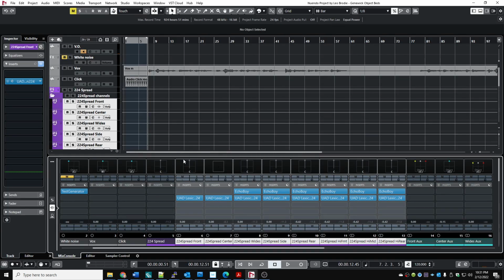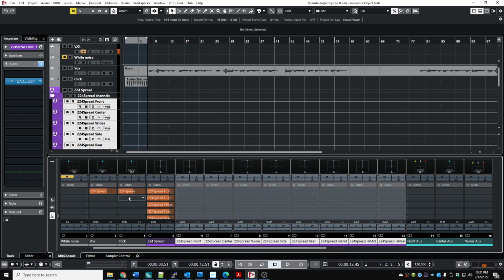I also have a sample of a vocal. If I enable the send here into the same spread, the reverb spread. They will come again, and the sky